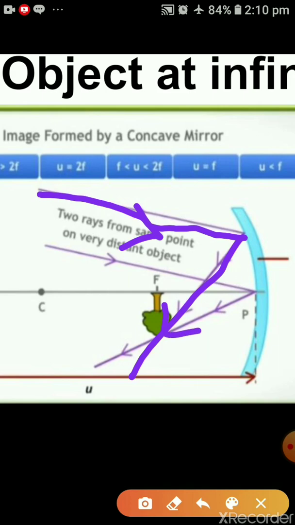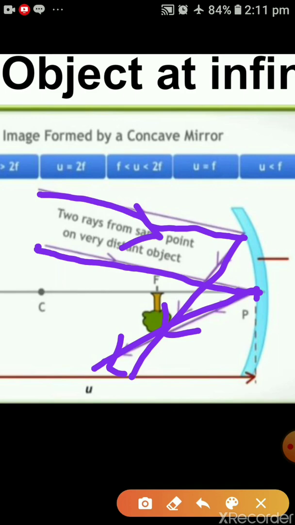Again, the second ray we have to show, the incident ray. It is parallel to this first incident ray. So it is coming, and as it is coming, it is falling on the pole. This will be our fourth rule. In that rule case, when the rays are coming at the pole, then they will make the same angle and reflect back. So making the same angle, it is reflecting back.